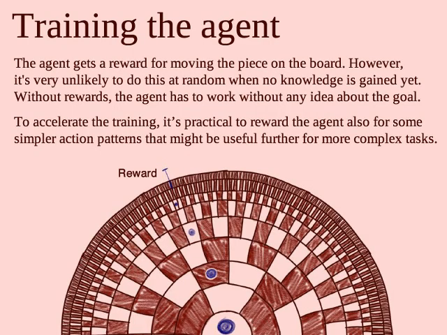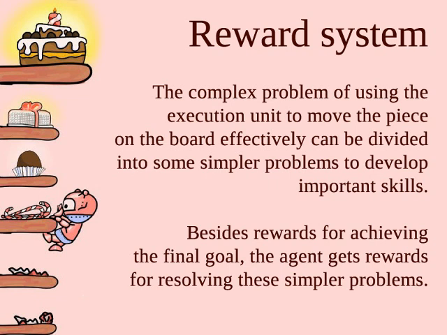There is a reward system from the environment to the agent, so there goes a kind of reinforcement learning. If there were rewards only in case of writing and launching a useful program, this might be a sparse reward system, and the rewards might be very rare. So it's practical to split the total reward into smaller rewards for simpler agent action patterns, where the full reward is made only when the final goal is achieved. That is the goal of writing and launching a useful program.